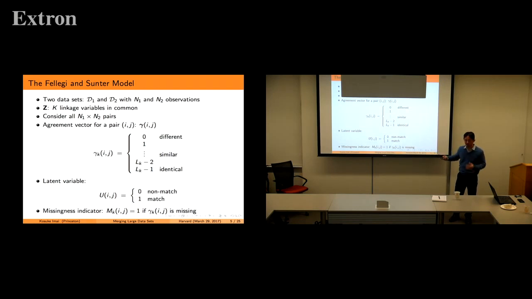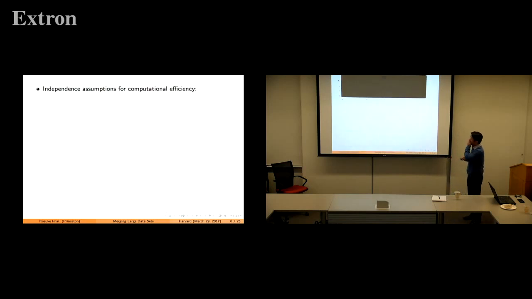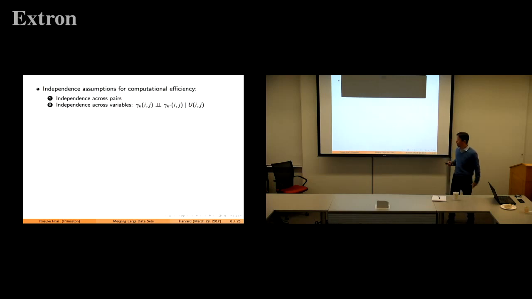So this one is not observed. That's something that you're going to infer from the data. Okay, so a typical model of this type assumes independence for computational efficiency. If you don't make this assumption, it really doesn't scale to millions of records, because you have to account for the correlation across fields. So most implementations would make independence assumptions: independence across pairs, independence across variables. These assumptions can in principle be relaxed, but for the computational efficiency that's being imposed,